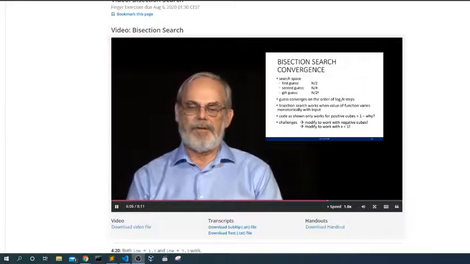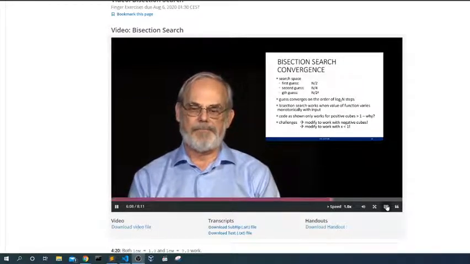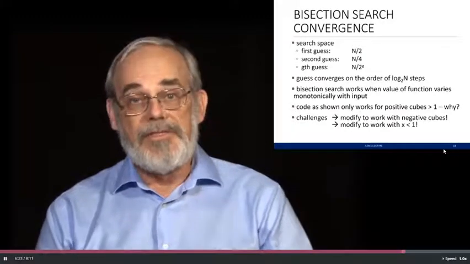But just to remind you of how powerful this is, notice what happens. If I start up with the number n, on the first guess, I reduce the set of things in half. On the second guess, I reduce it by another half, so it's now n over 4. After g guesses, I've got a range that's only n over 2 to the g. And what this says is that in an amount of time that is going to grow as the log of n, I'm going to get to an answer.